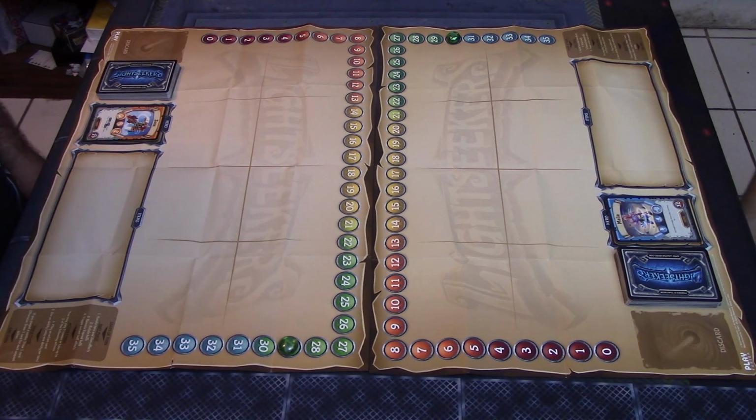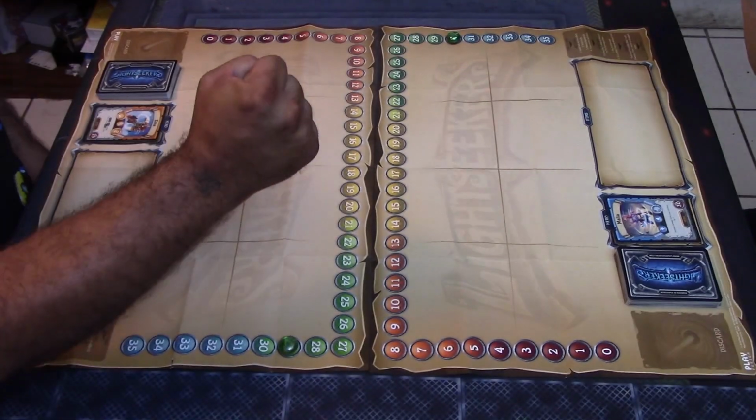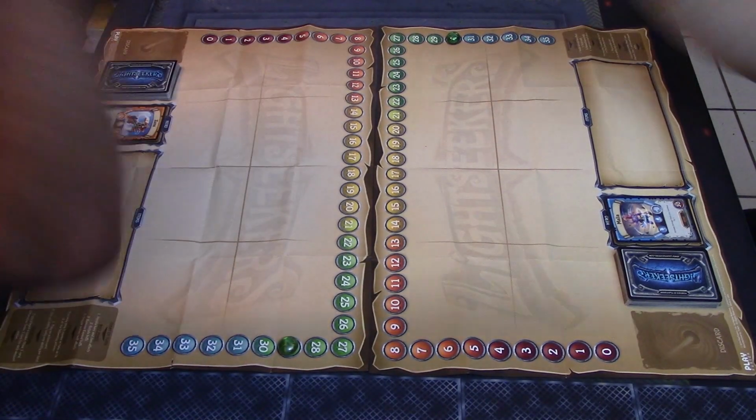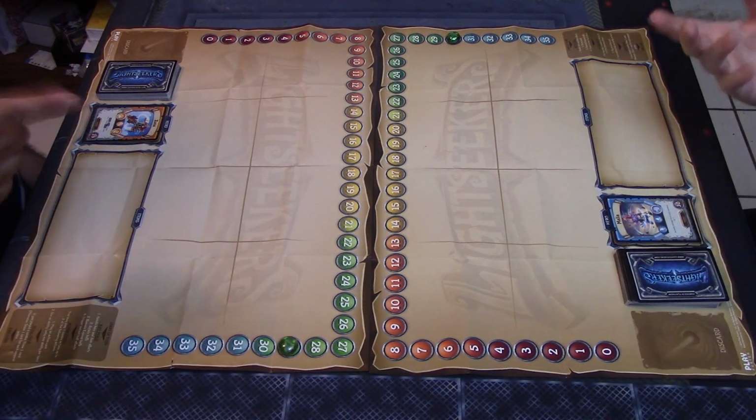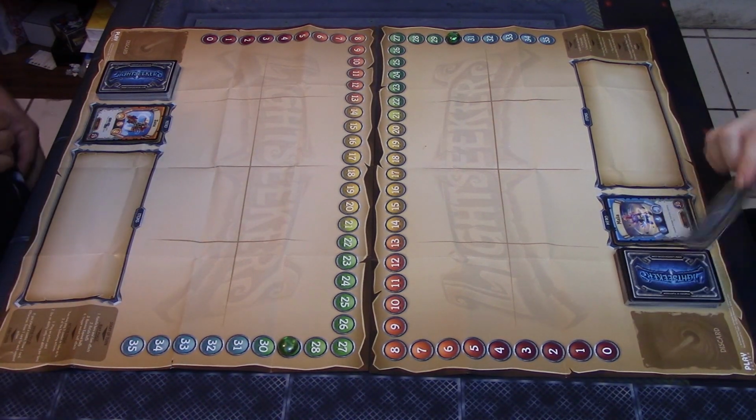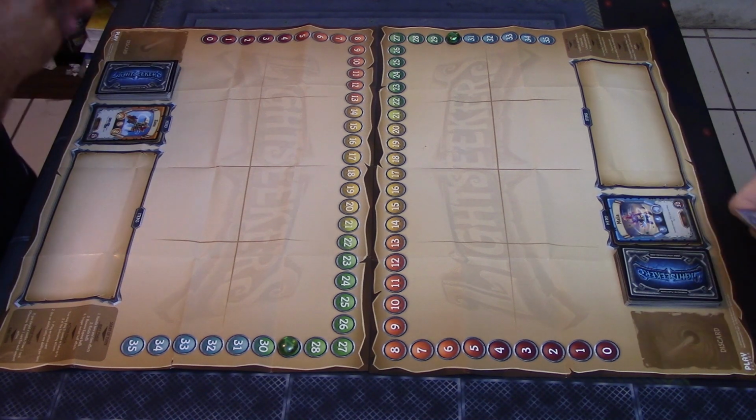Yeah. So at the beginning of the game, we've got to decide who goes first. First player will draw 4 cards. Second player will draw 5 cards as their starting hand, and so on up to the 4 players, or possibly even more. So let's go ahead and rock, paper, scissors. 1, 2, 3. Oh man, how do you always do that? Okay. Because you always go. So Gothi will start first and have 4 cards. I will draw 5,